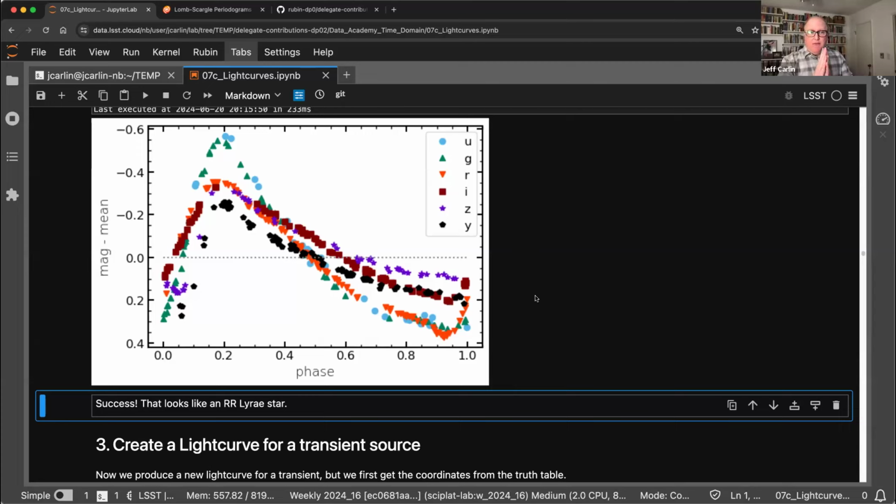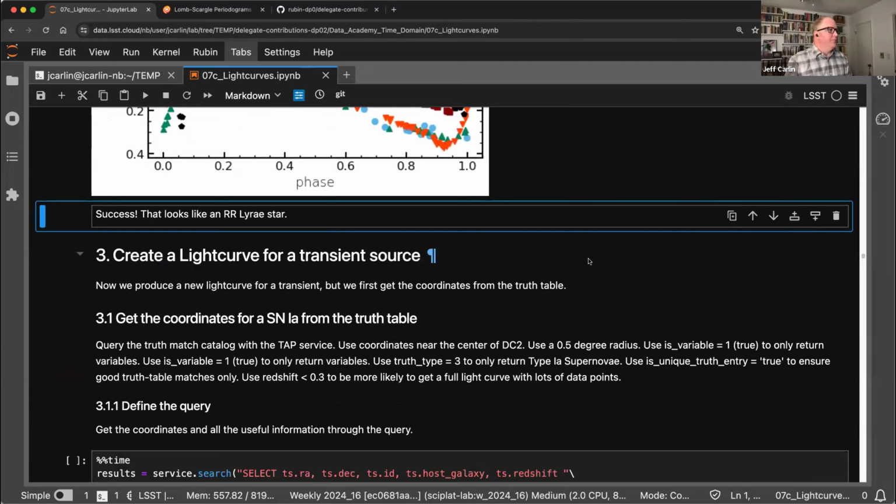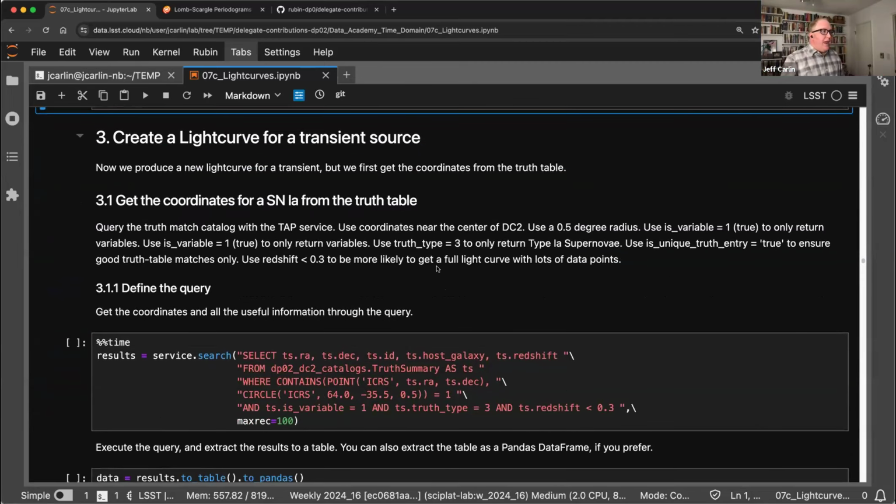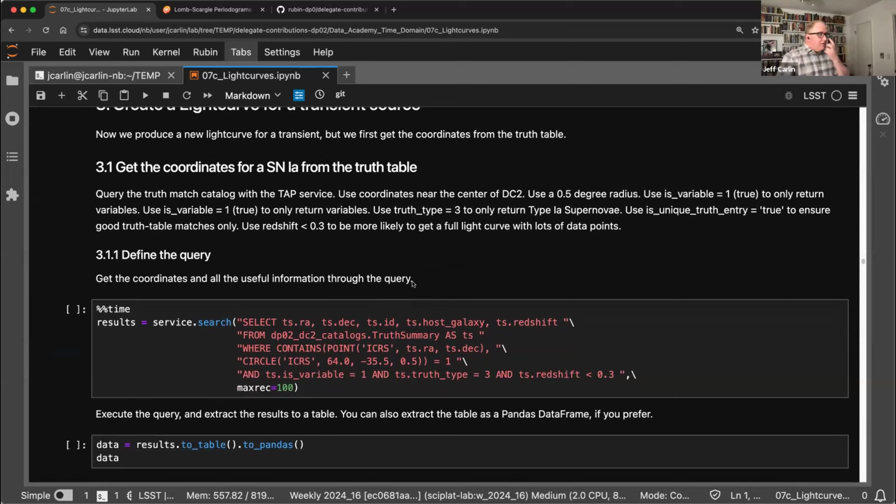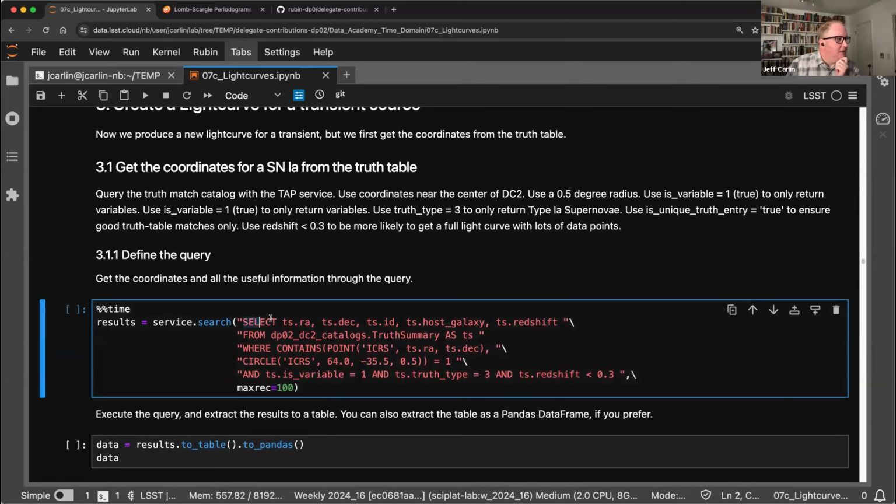So now we're going to do a very similar activity, but for a transient source, a sort of short time period object that brightens and then fades again. In this case, a supernova. And again, we're going to use the fact that we have the truth information because it's a simulated data set. We're actually going to go to the truth table itself and do some selections to pick candidate objects. In particular, we select these columns from the truth summary table